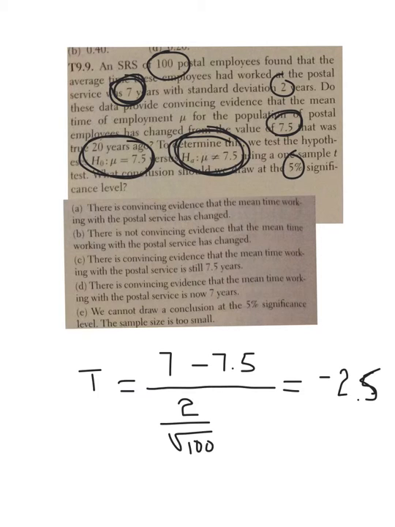Okay. So I am going to do TCDF with a degree of freedom of 99 to see what my p-value is. Now I don't subtract from 1 since it's negative. We're at negative 2.5. We want to figure out what that area is. TCDF. Turns out that it's